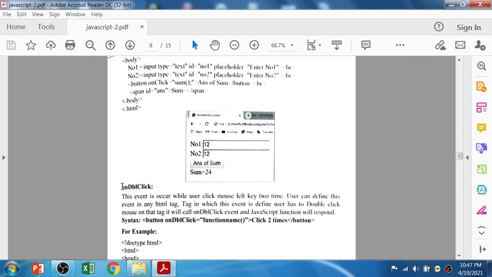So you have to make only two minor changes to the previous addition program: instead of sum you write subtraction, and instead of onclick you write double click. So when the user double clicks on that button, the result of the subtraction will be displayed on the screen.